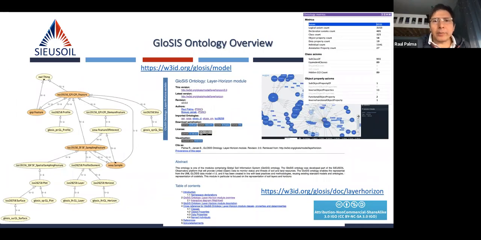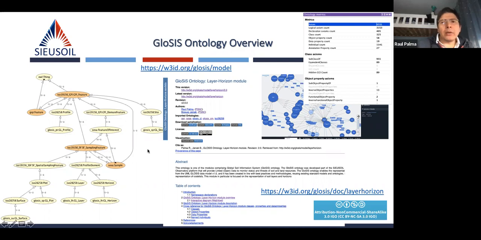And just a brief overview of this, more visual, of the final ontology. So on the left, you see here some initial part, like the future part of the ontology, and all of the different elements that are here. So you can see the horizon, the layer, the plot, etc. And as you can see here, this is coming from the ISO, and then going into the Glosis, because we are going, of course, like I said, from aligning to these